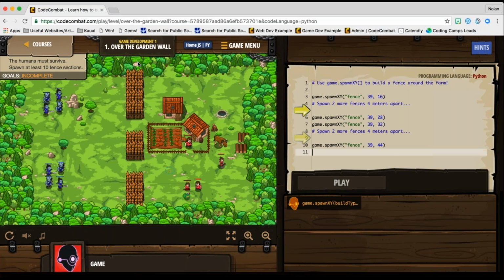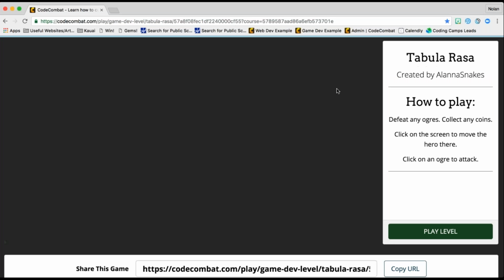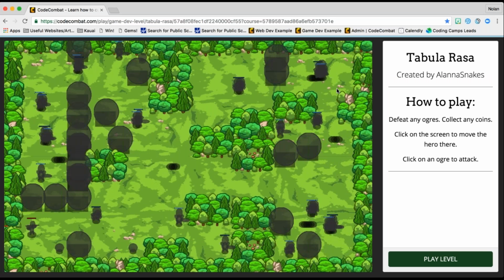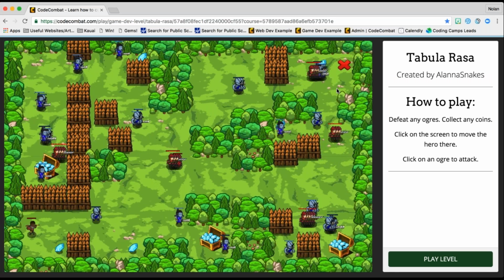So the cool thing here is we're teaching them how to spawn fences, how to spawn villagers, how to spawn munchkins, how to create all of these things. So then at the end, they have a game that they can create and then send out to anyone with an internet connection. So for example, if they can send this link out, which they can, anyone can play their game. So this is great for sending to parents, sending to students, sending to fellow students to then play, sending